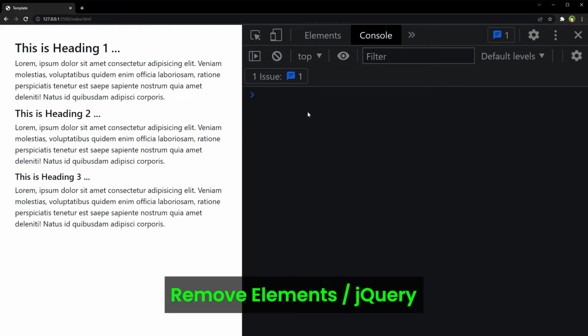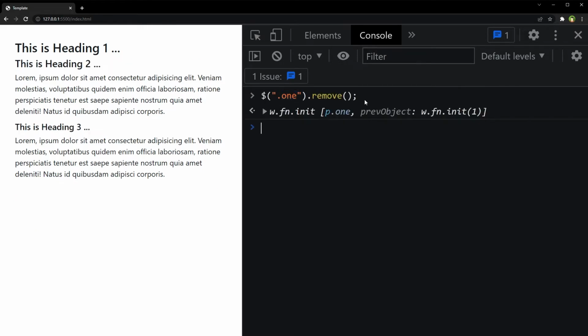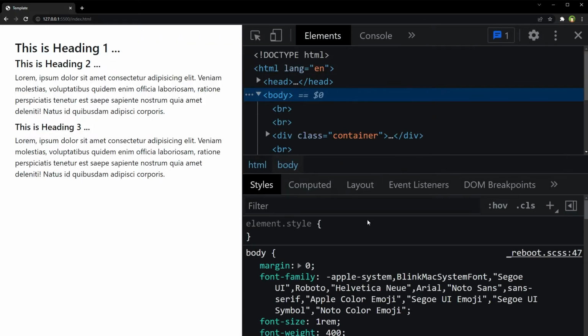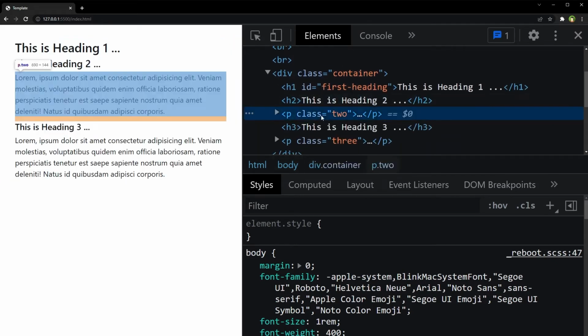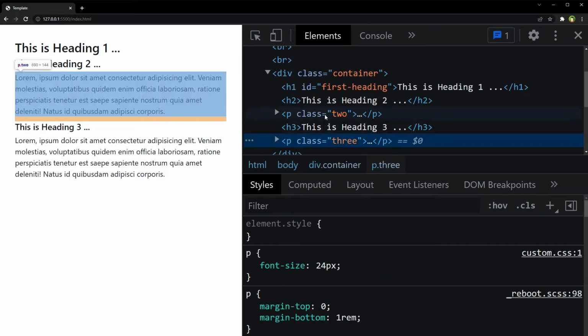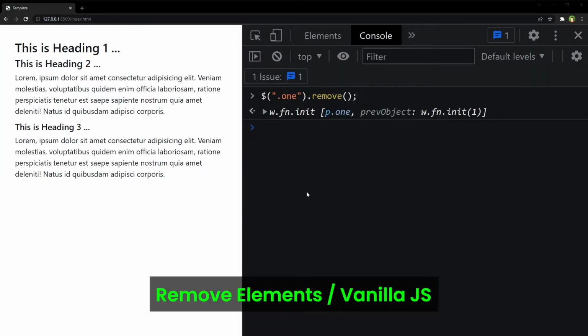In jQuery, we can remove elements from the DOM by using the remove method. So this is the class name dot remove. Enter, and see paragraph 1 was removed. This is paragraph 2, this is paragraph 3, 1 was removed. In JavaScript, we can do the same.